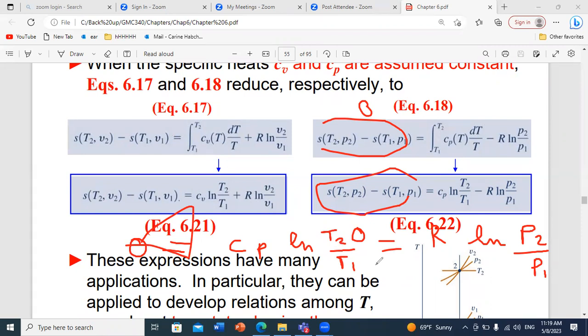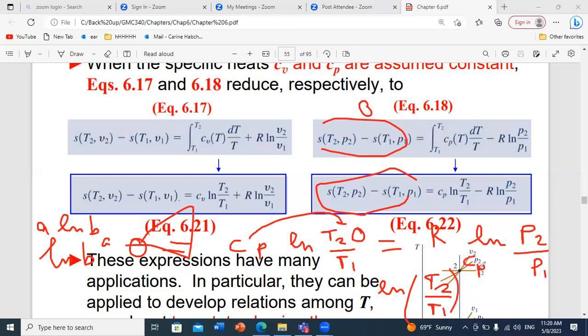And you know from ln properties, if you have A ln B, it's equivalent to ln B to the power A. This is why here you can take Cp inside, and you can write that ln (T2/T1) to the power of Cp is equal to ln (P2/P1)